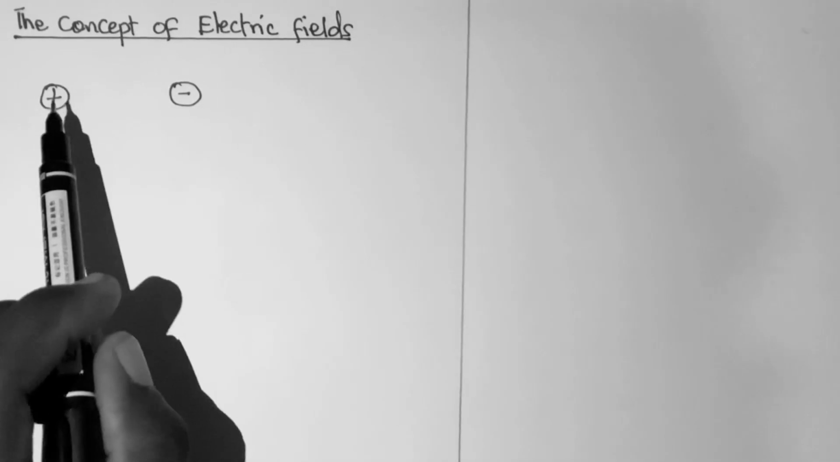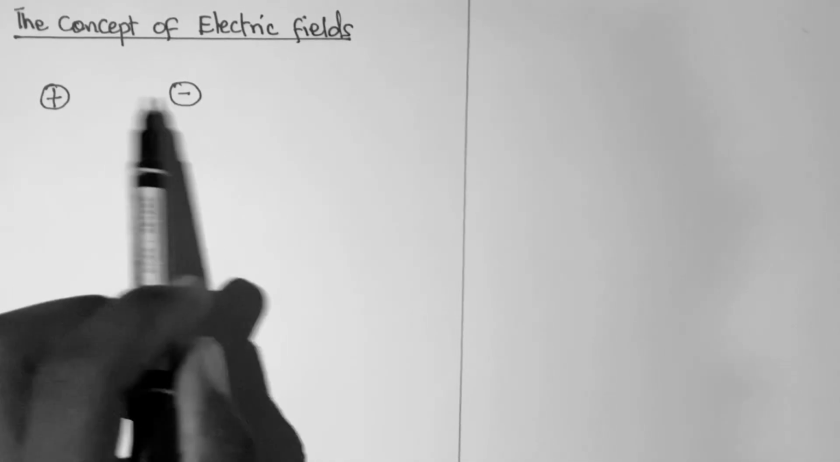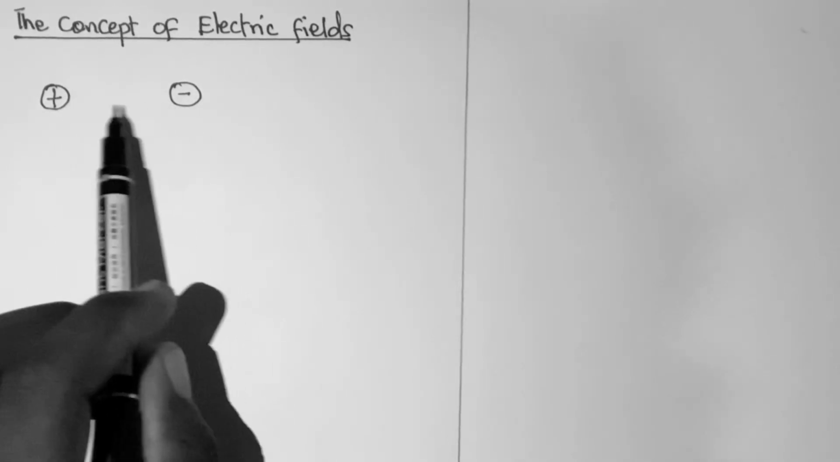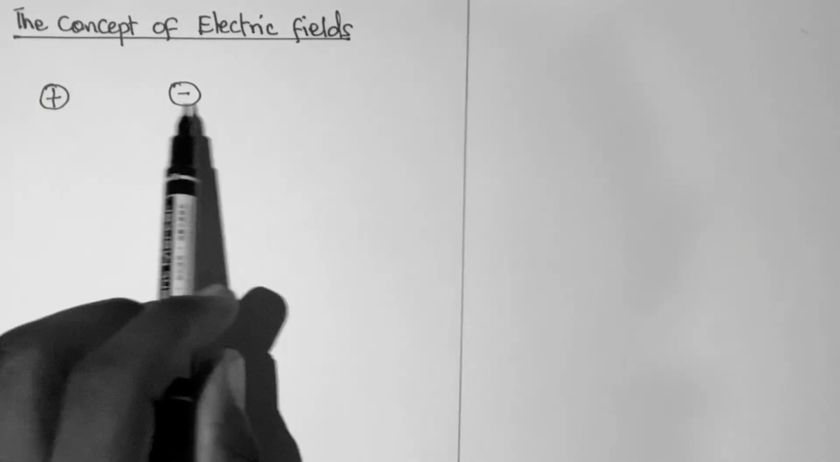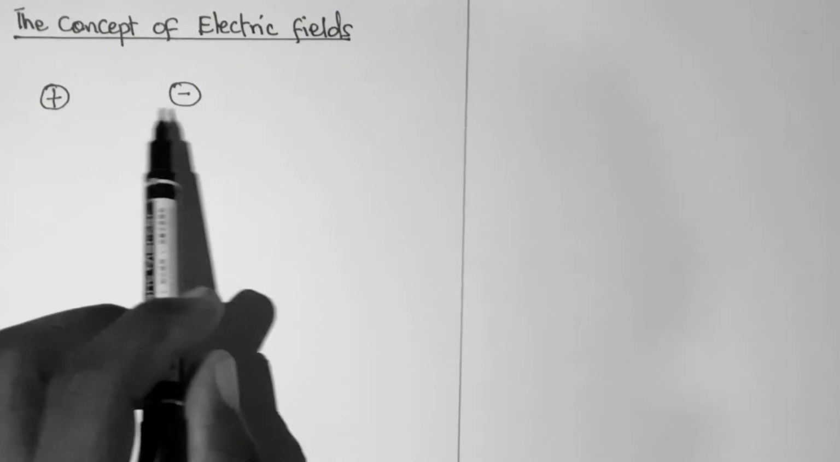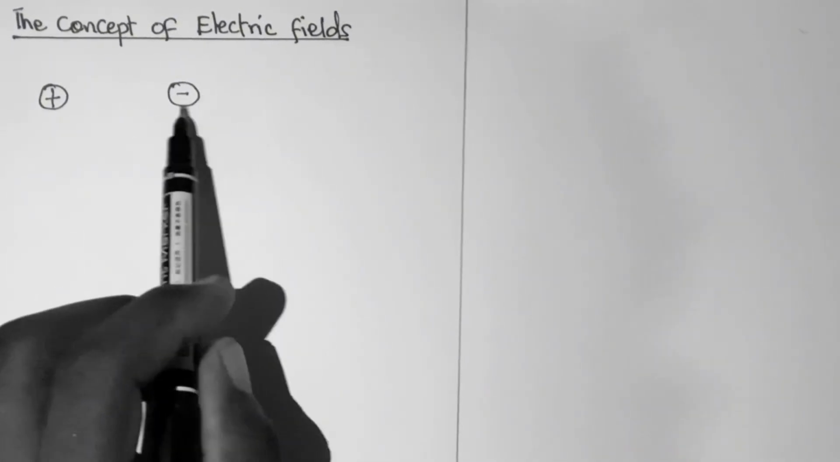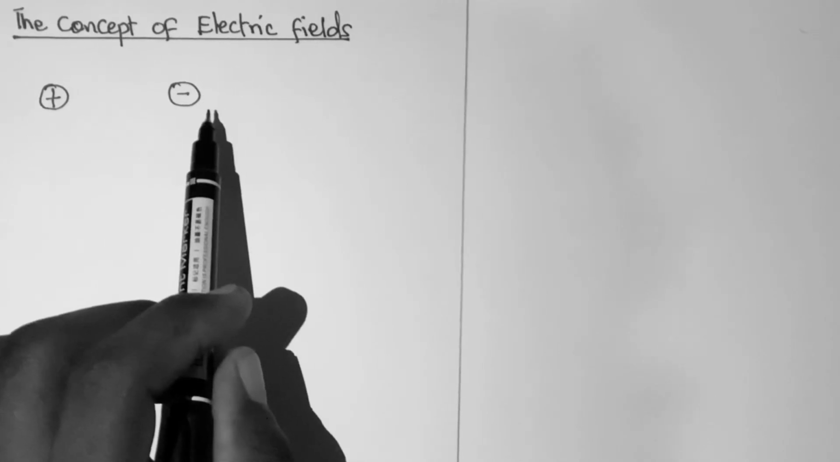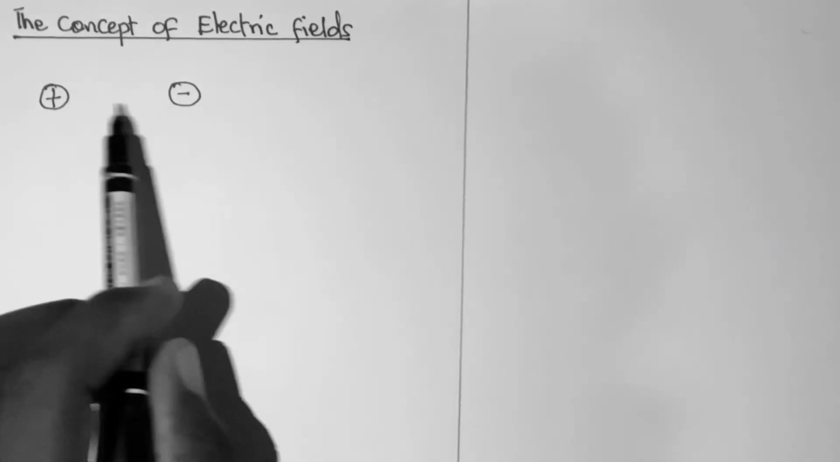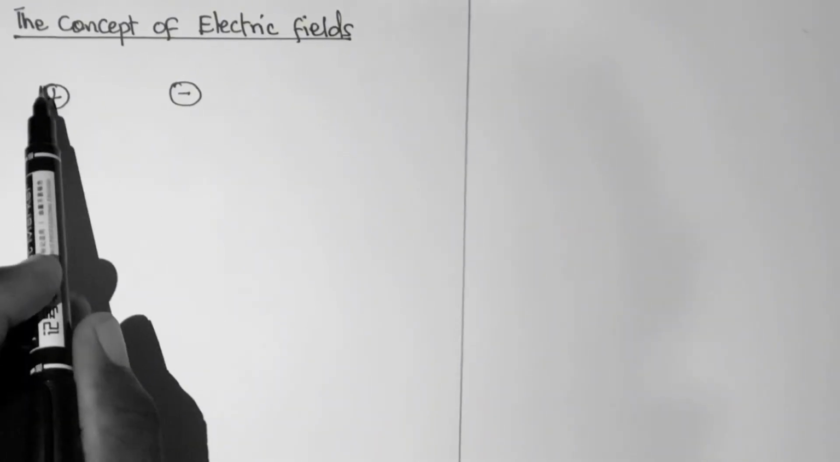In this video, we are going to talk about the concept of electric fields. Assuming we have two charges placed in this region of space, Coulomb's law says that there is going to be a force of attraction between these two charges. Nonetheless, if we take the negative charge away, the concept of the electric field says that this